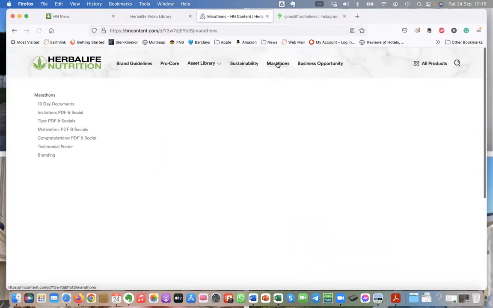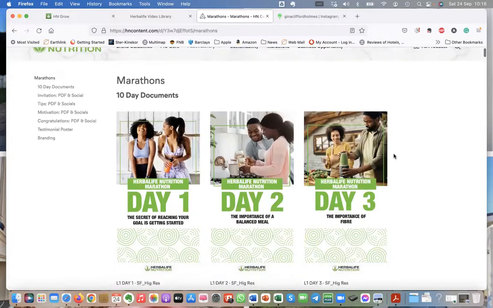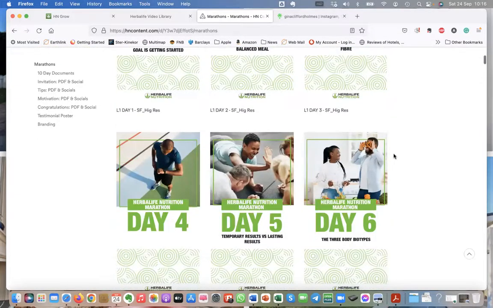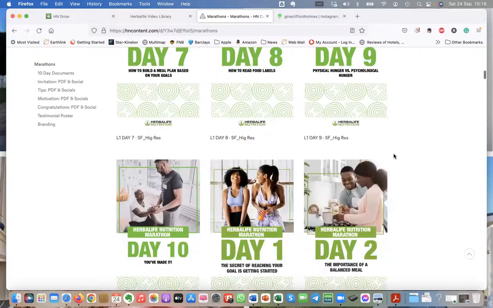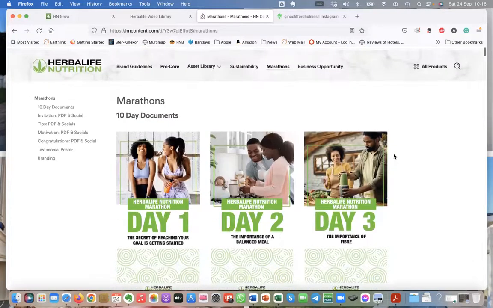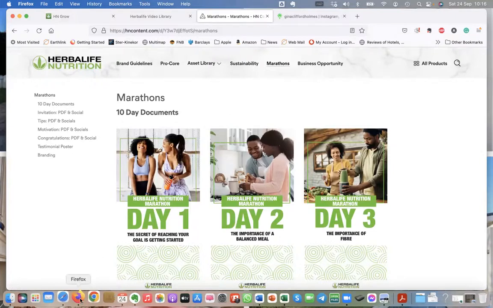Marathons, this is the method I'm talking about, that you could do these 10-day programs, and we have got great images that you can add in that. And again, this is all training and things that we show you. So again, it is to have a sense of, boy, there is so much information here. You don't need to go and reinvent the wheel. The wheel is already made. So that is what you can be getting access to.